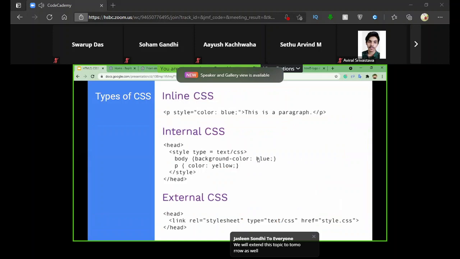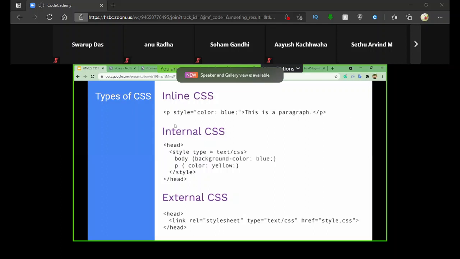Now there are three types of CSS. One is inline. When we saw that image example, we used width and 400 pixels. That was nothing but inline CSS. Another one is internal CSS, where we keep it inside the HTML code file itself. We create a style tag inside the head tag. That is internal CSS, and we'll look at an example of that also. We also have external CSS, where we have a separate file containing the entire CSS part.